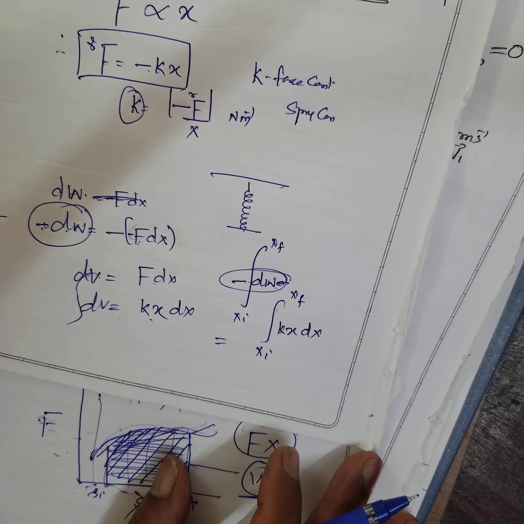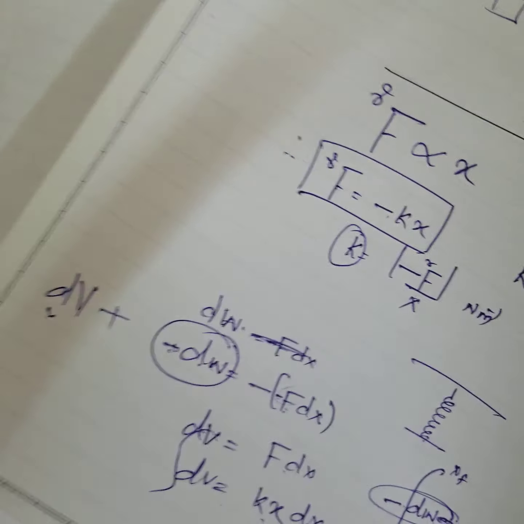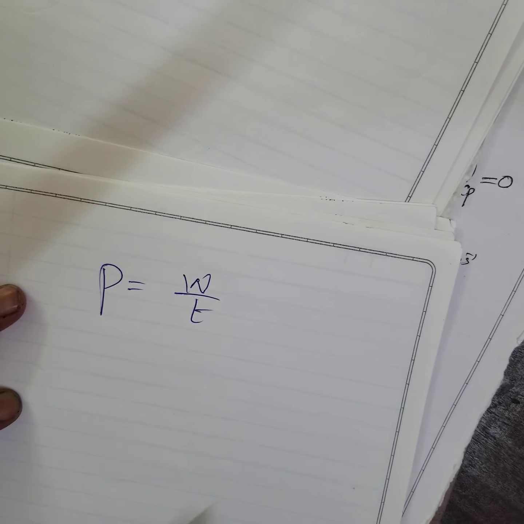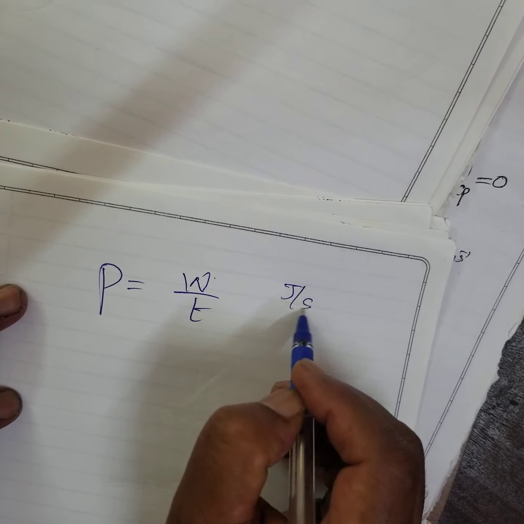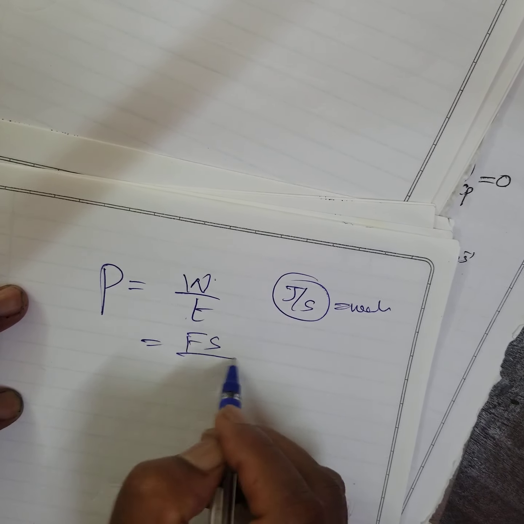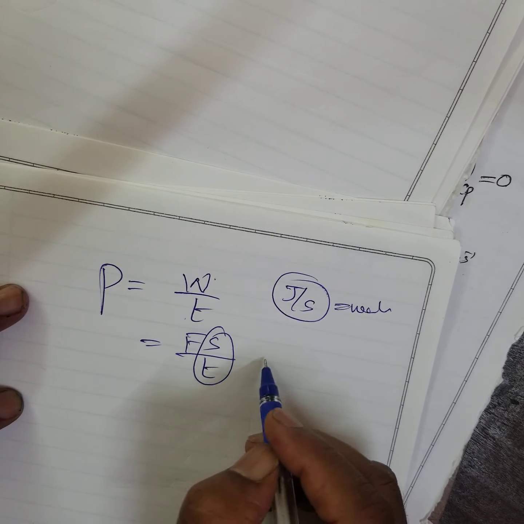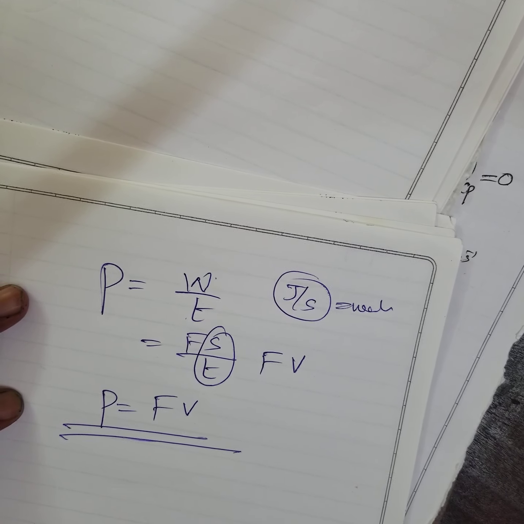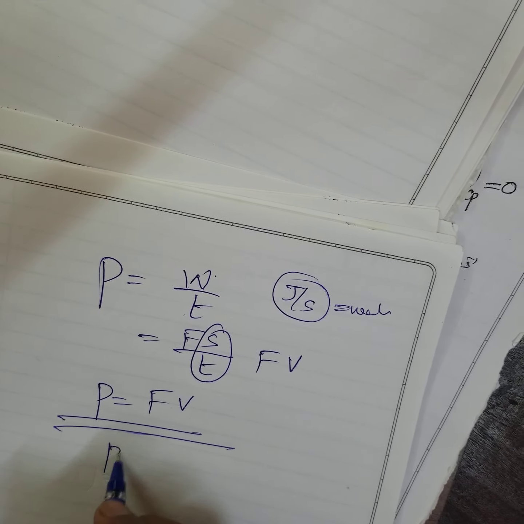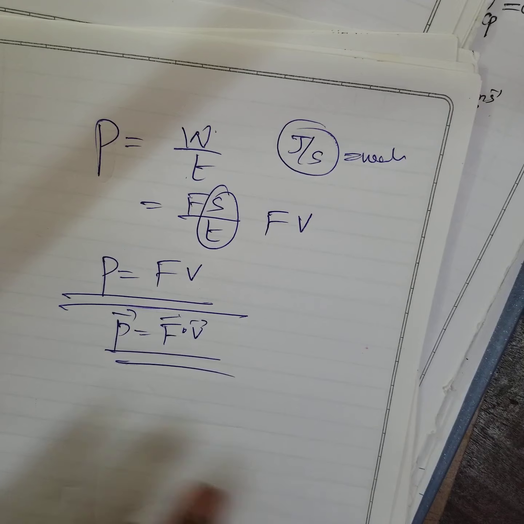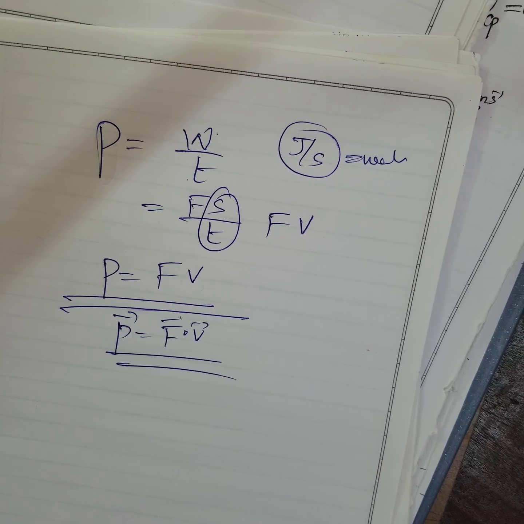We have covered almost everything, but we have a small topic also to do, right? What is power? How fast you do the work is called power. It's also called the rate of doing work, joules per second. It's called watt, you know that. Therefore, power is work by time, which is force into displacement by time. Displacement by time is nothing but velocity. So power is equal to force into velocity, and in general, power is equal to F dot V.